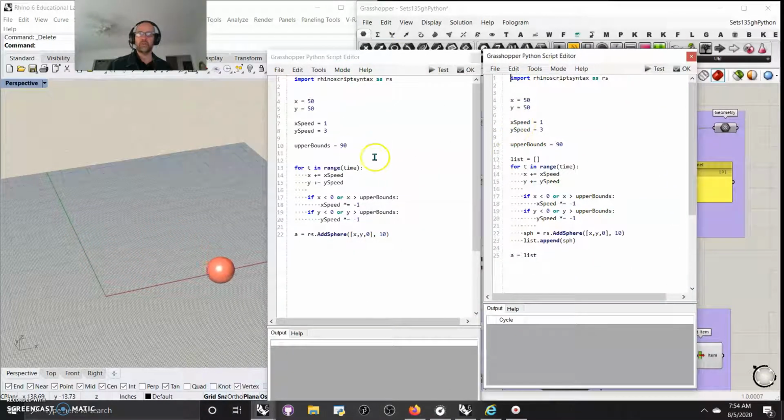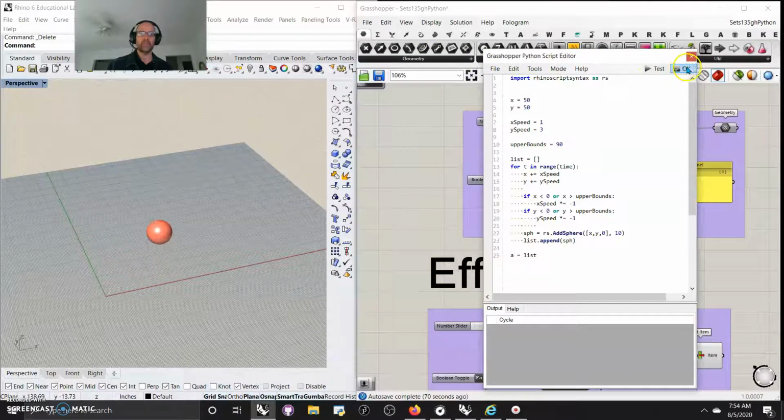So basically going in and rewriting the script, they put in a list for the second one so they could actually append that list with the sphere and then send the list to the output, which is really going to make it more efficient than putting the add sphere right to the output. And any changes that occurred in here, it looks like the only real change was adding that list, which is a technique we've used all the way back to